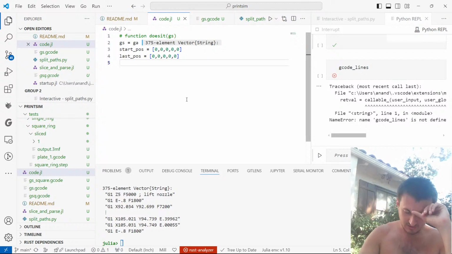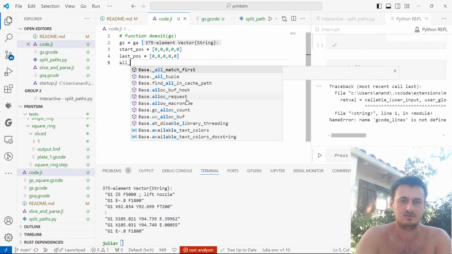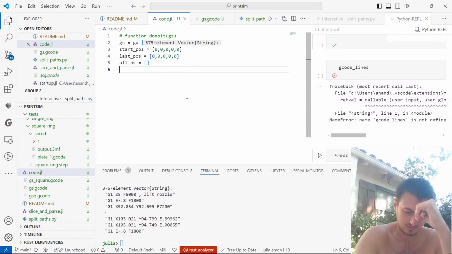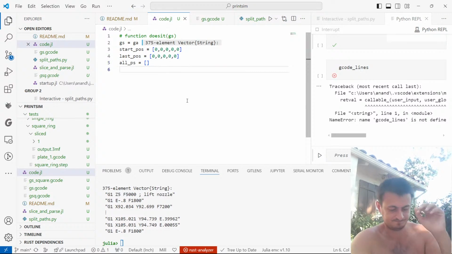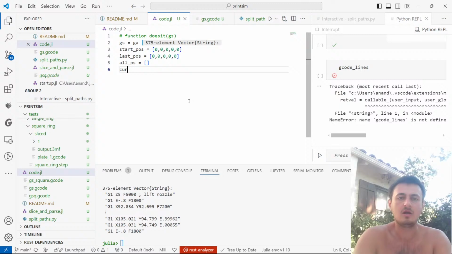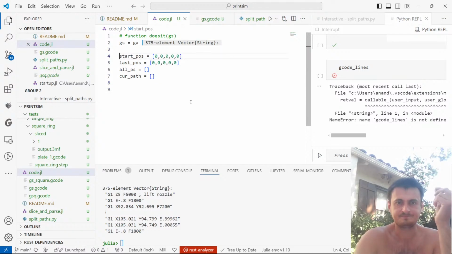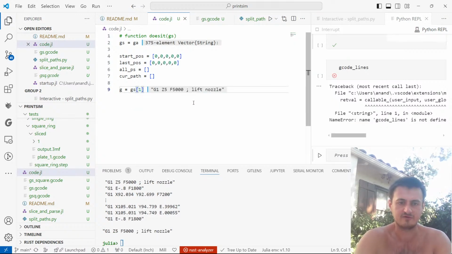What else do we need? All PS. We'll just say cur path equals S. And so now we're sort of set up. Now we take G is equal to GS1. This is our first command. Now,